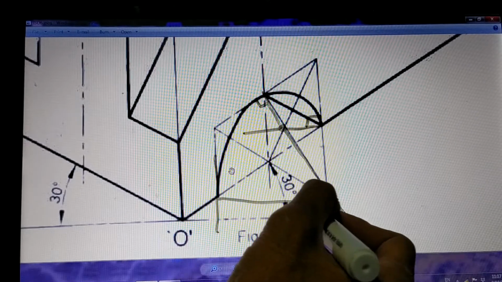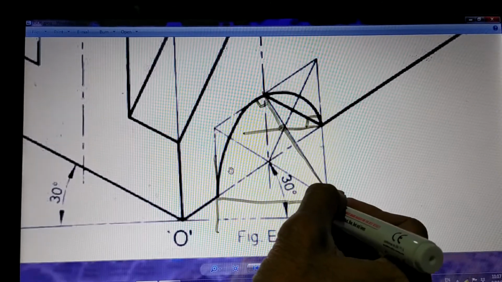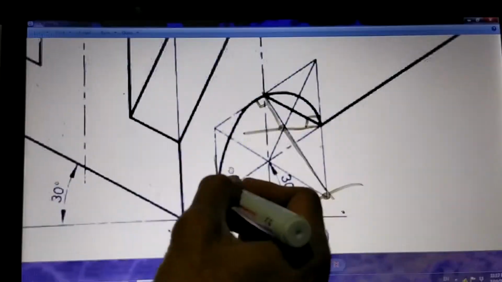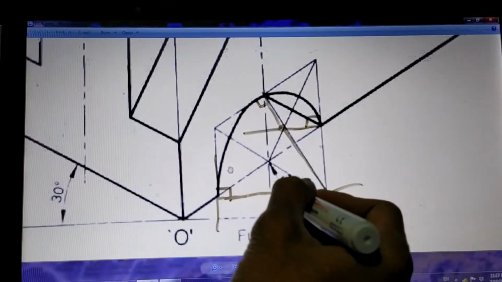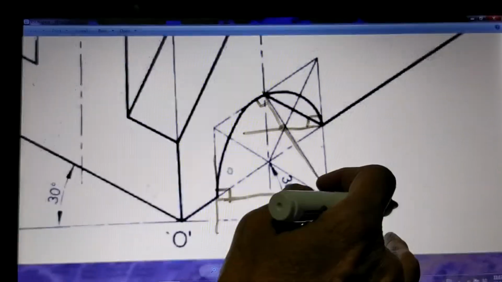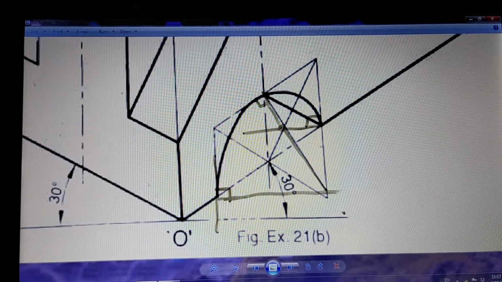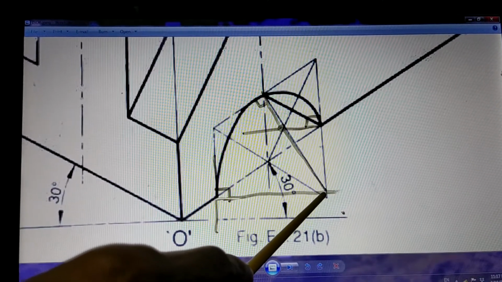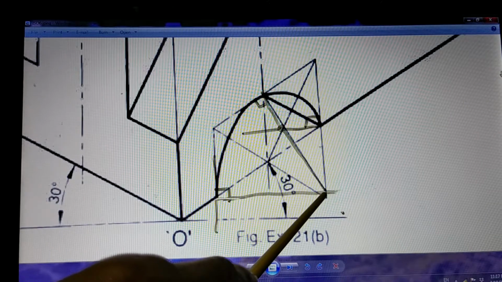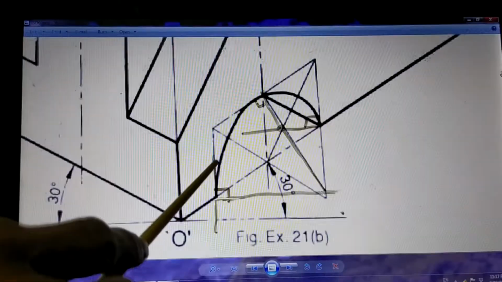So from here, you draw another one, it will pass from this point. So you draw another straight line, like this. So once you draw such lines, from the ends of the arcs, perpendicular lines, they will meet at a point which is going to be your center. So from this center and this radius, you will be able to draw the larger arc.